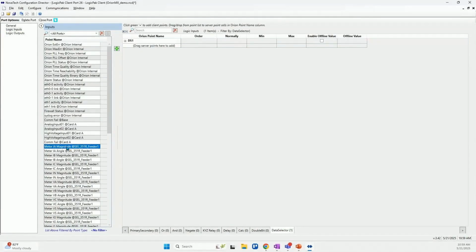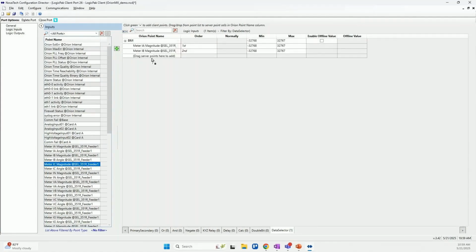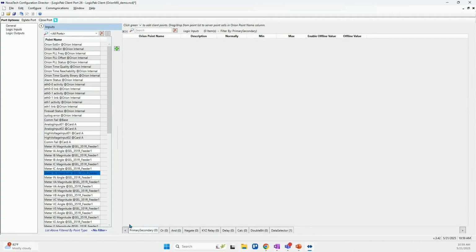And you'll see it lets you add a bunch of points in. Just going to add, and guys, these are kind of nonsensical. I'm just adding a bunch of points to aid in explaining. Don't pay attention to the points themselves. But what the data selector does, and you may be familiar with the primary secondary function here, where you're